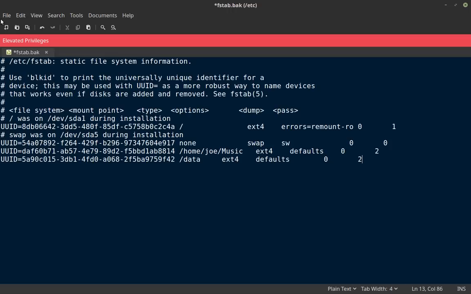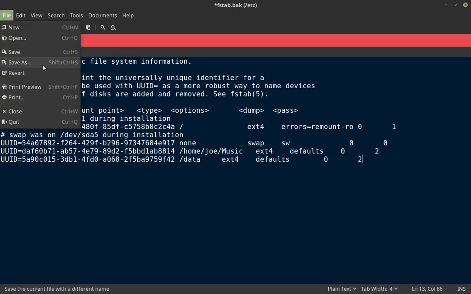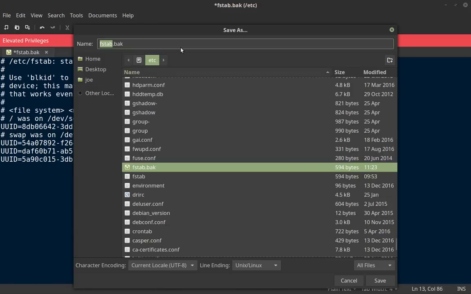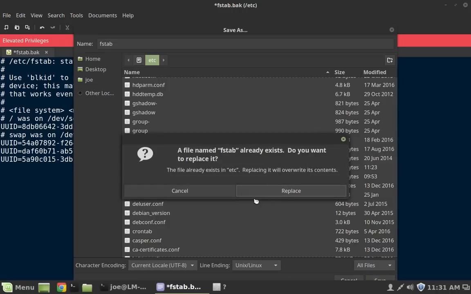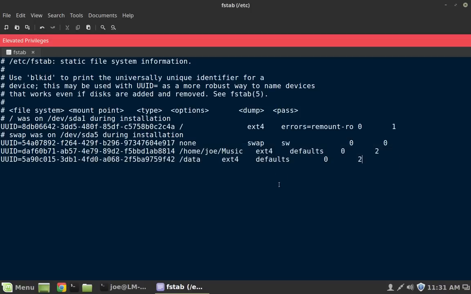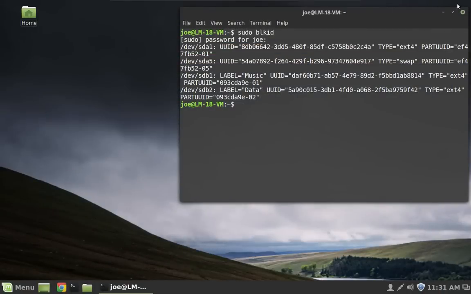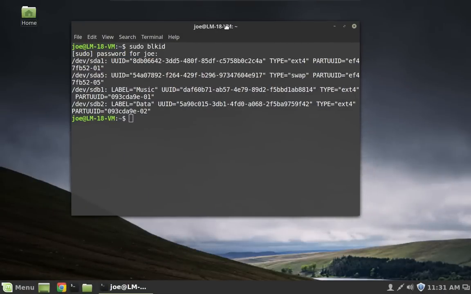Actually go over here and we'll do save as, and then all we got to do is take this BAK and dot off the end. And click Save. And now we have modified our fstab file. Yeah, it already exists. Please replace. Done. Okay, so you can just reboot the system to see if it works, but what I'm going to do